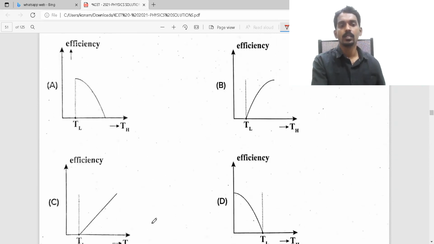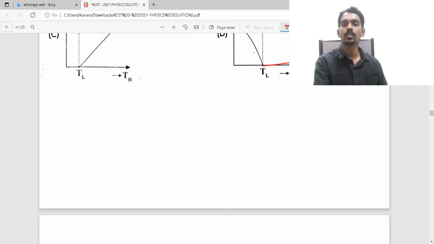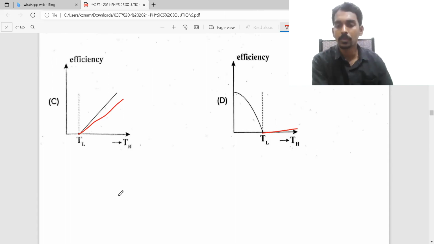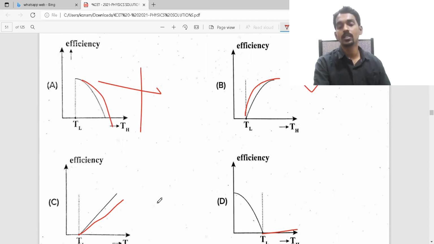So here, after TL, as X value increases, that should increase like this. But here it is reverse. Here it is not there. Here it is not showing anything. Here it is showing direct proportional variation, but there it is not direct proportional. It is inverse. That's why the curve will come. But here it is decreasing. So wrong. Here only it is increasing. Like that you need to compare.